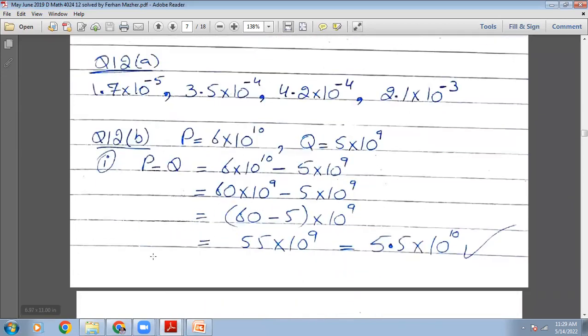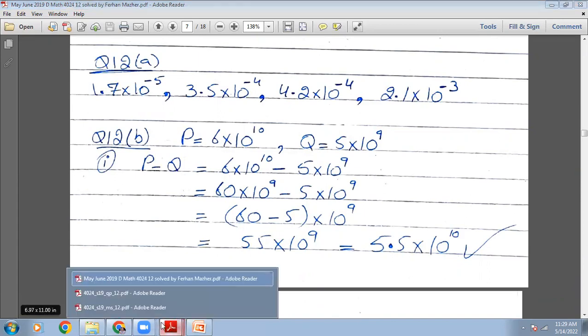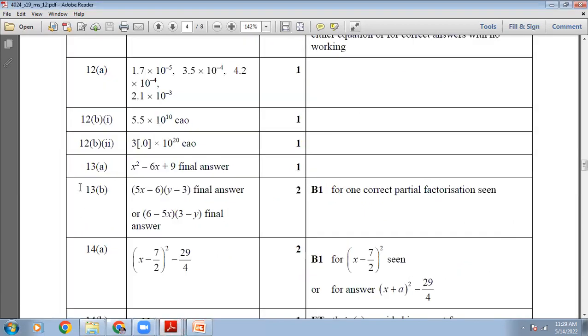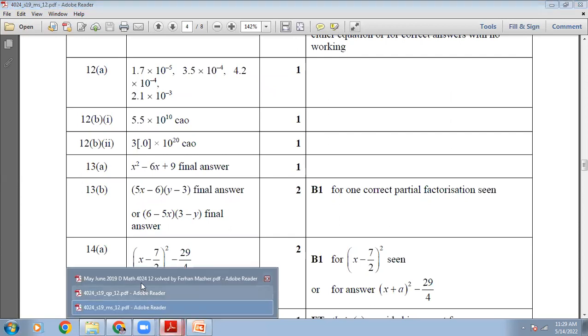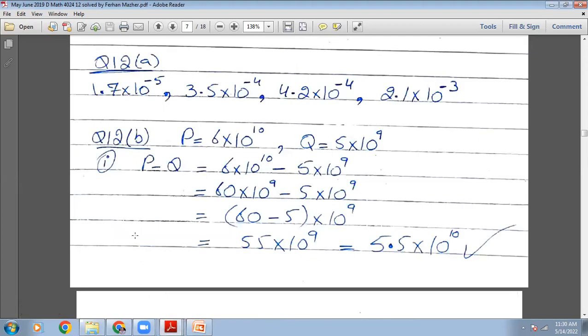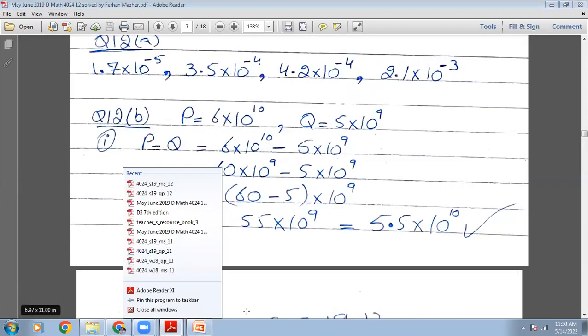So here we go. 1.7 x 10 to the power minus 5 first, 3.4 x 10 to the power minus 4 then, 4.2 x 10 to the power minus 4, and then 2.1 x 10 to the power minus 3. So this is how you will do this. Let me show you the marking scheme. I hope you can see the marking scheme and our answers are perfect. Okay, so we are going to the next